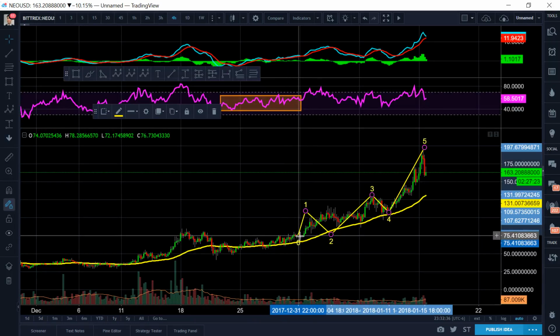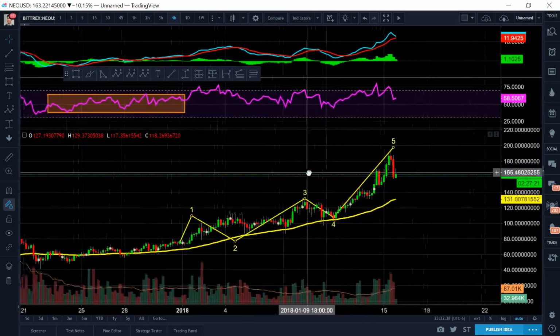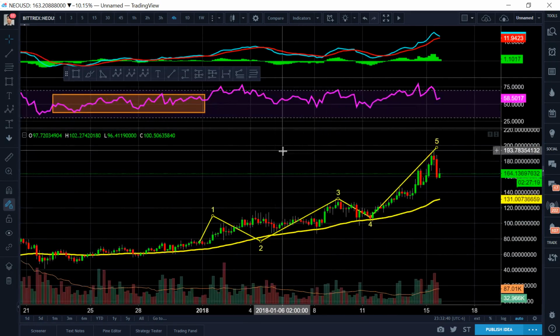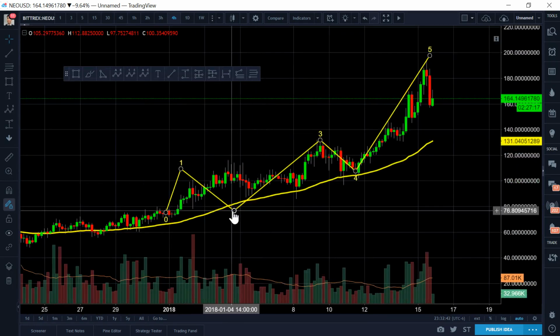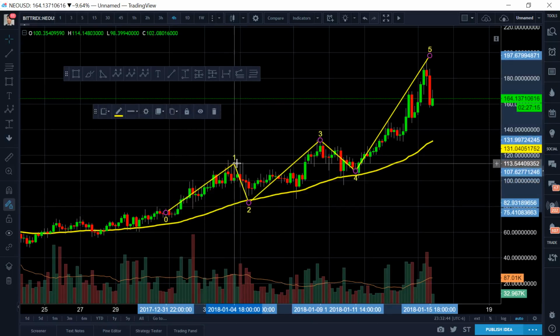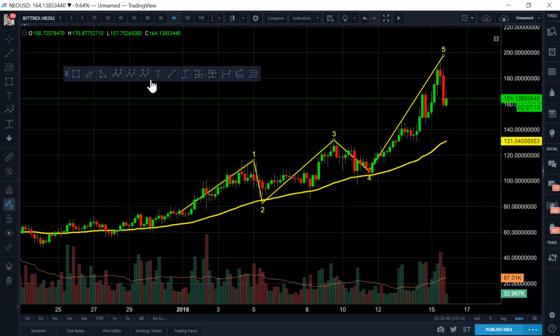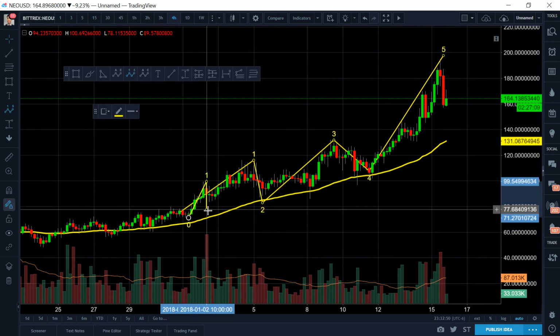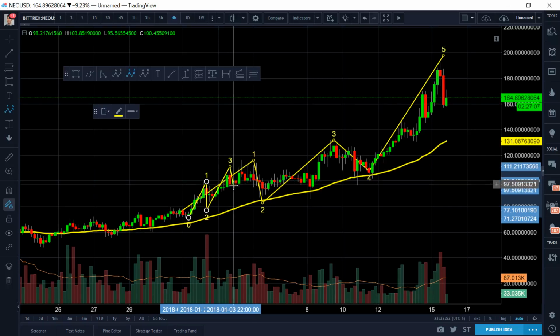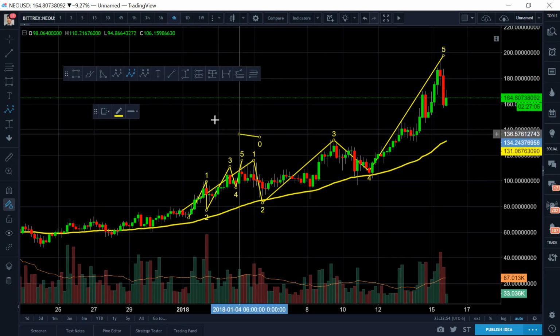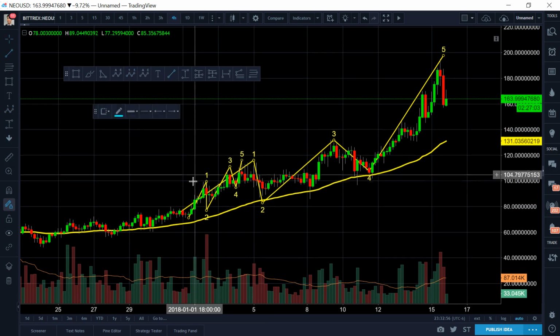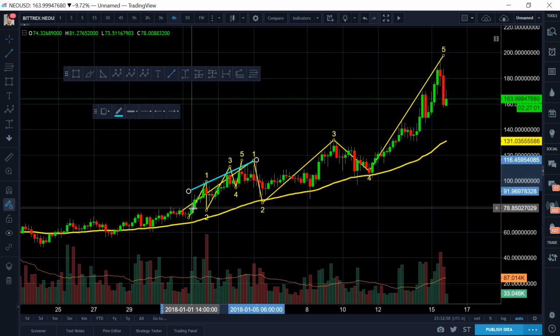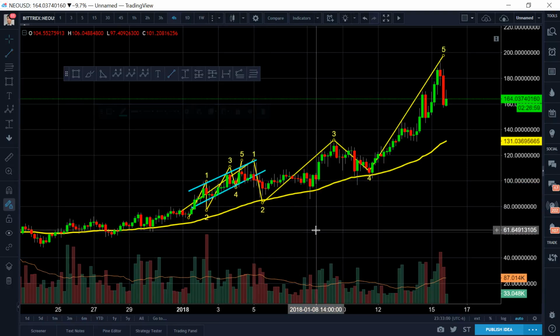So this would be considered wave 1 here. And the reason why it is wave 1 like this, and we know it is a wave 1, is because it makes a leading diagonal. And those can only come in the first wave. A leading diagonal, 1, 2, 3, 4, and a 5. So this comes in a leading diagonal or a channel, right? A channel like that.